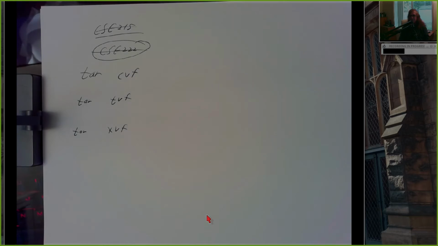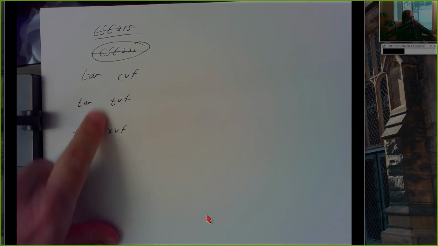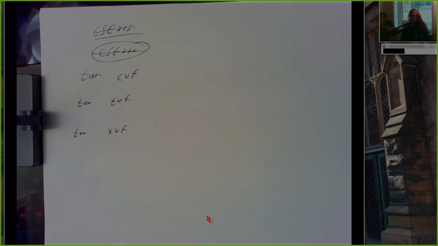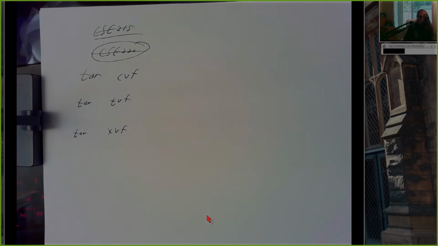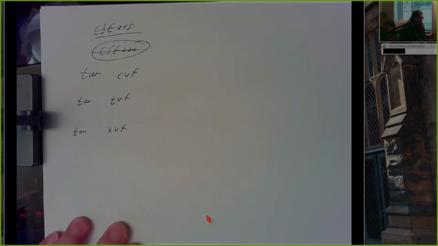And tar is a little unusual. There's no hyphen in front of these switches. It's the only command I think I know in Linux that doesn't have a dash there. So tar CVF, this is how we create an archive file. And the idea is we might have a whole directory of files that we want to make a copy of into a single file, so that we can take that one file, save it on a flash drive, send it to a friend, put it on another machine, something, right? So CVF is how we create such an archive.